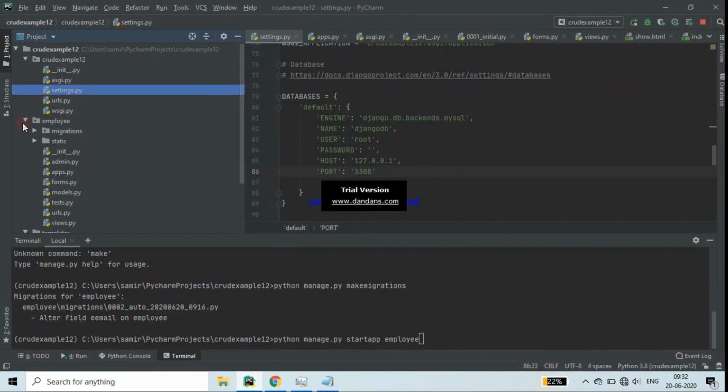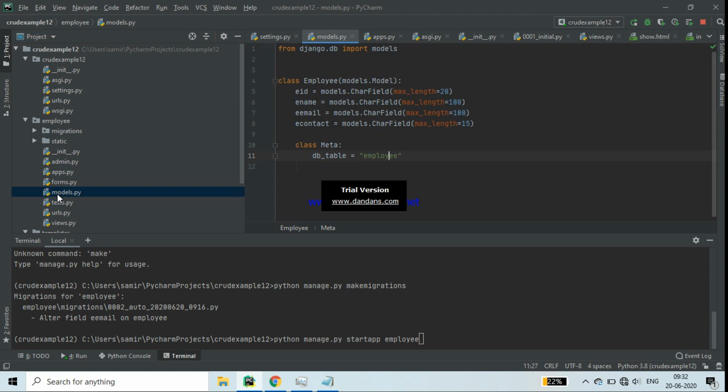Here in the app employee, there is already an inbuilt file, models. You have to create the model, like I have created employee. So for the employee model, you have to write class Employee, since a model is actually a class.